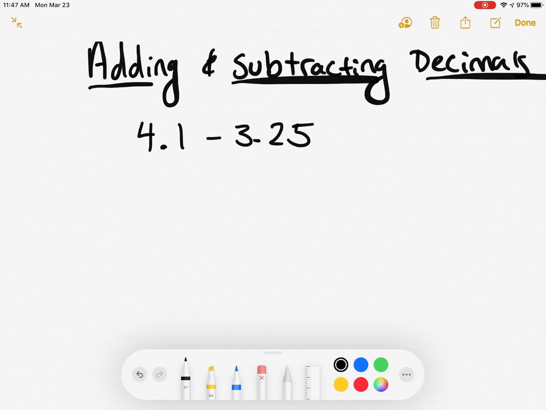All right, now we're going to talk about adding and subtracting decimals. So when we add or subtract decimals, we do have to line up that decimal point. And the reason that we line up the decimal point is so that the place values are lined up with one another. For example, if I'm doing 17 minus 5, okay, I have, in 17, I have a number in